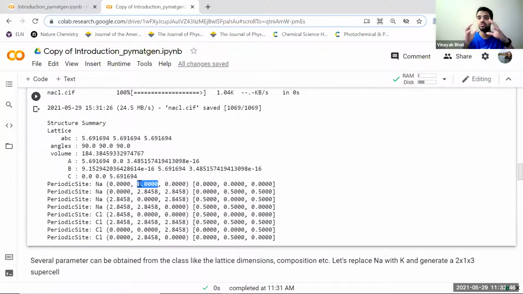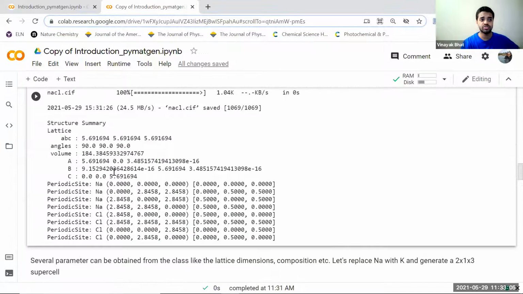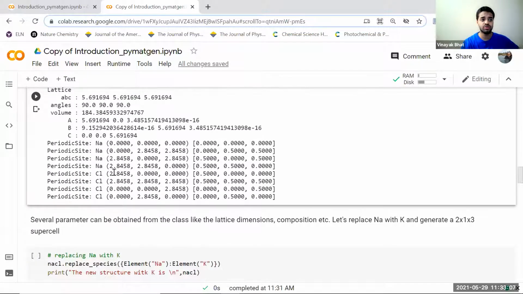Just like with molecules, we went from molecules to atoms to bonds. In this, we'll be going from a unit cell to a site which has an XYZ coordinate, and from a site we can go into the element, just like we did in RDKit. There are other pretty cool options that we can do in this.